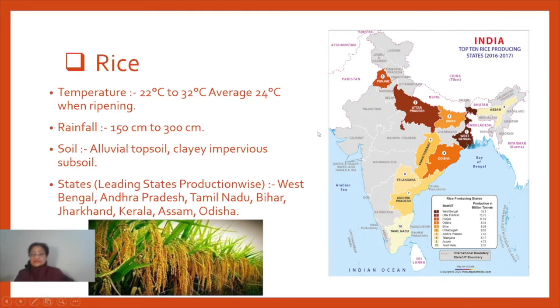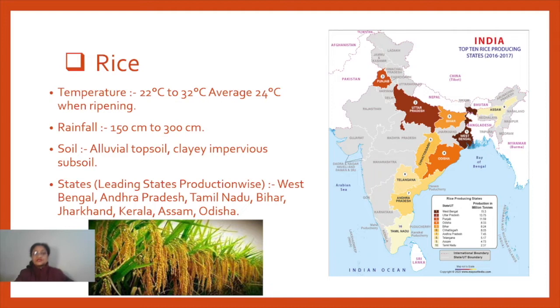That means water should remain in the field. If the clay content is not there, the water won't remain in the field for long. This is the reason: the clay content is more in the alluvial soil as we go towards the eastern side. You will find in Bihar, Jharkhand, then West Bengal, even a part of Assam, these are the areas where the alluvial soil has more clay content, right? This is the basic reason why, along with the other conditions of temperature and rainfall, in these areas